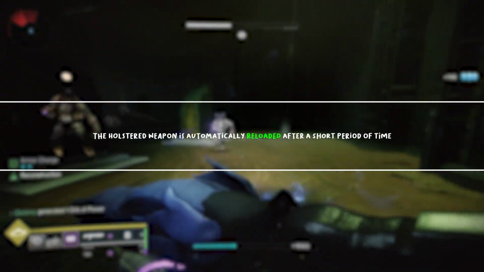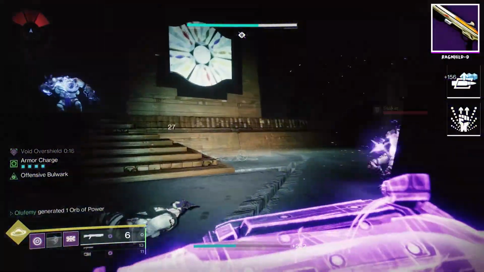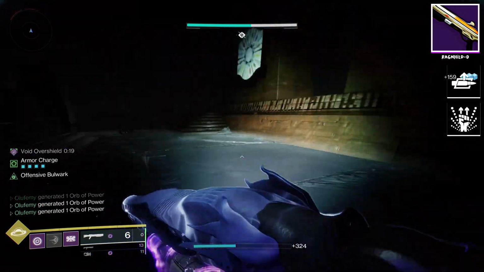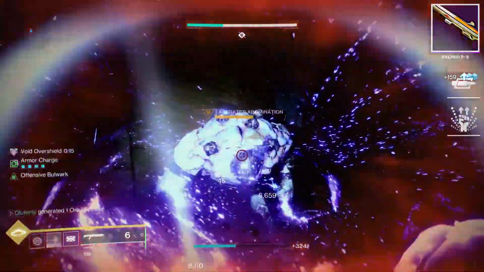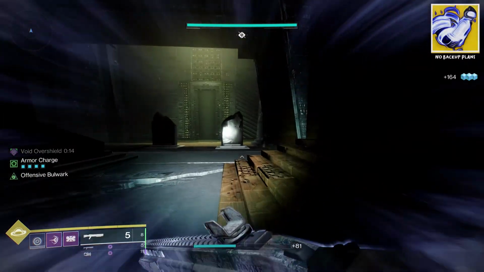Auto-Loading Holster refills the magazine from reserves while this weapon is holstered, and One-Two Punch increases our shield bash damage by 40%, but all the other melee damage by 100%. That's a lot of damage. This combination allows us to maximize on ammo economy and makes it easy to know what weapon to use for each scenario. For our exotic, at this point it's clear we're using No Backup Plans, but let's explain exactly